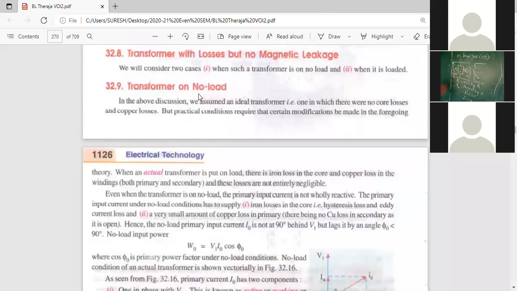When you apply 230 volts V1, what is your V2? In open circuit, you have your voltage. V2 is the open circuit voltage. What is V2 now? 0? Open circuit voltage, I am saying. In open circuit, voltage will be there. In parallel, voltage will be equal or not? So V1 is equal to V2.